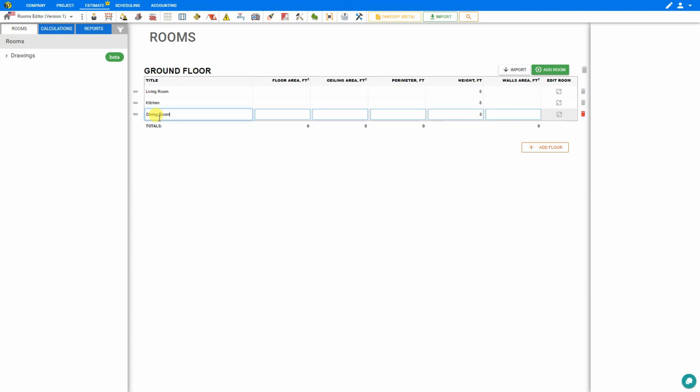and a dining room. And then for each room, we can input the floor and ceiling areas, perimeter, height, and wall area of each room. So for example, let's say the living room is 10 by 20 feet. In that case, we would input 200 square feet for the ceiling and floor areas, with a perimeter of 60 feet. By default, Price a Job assumes that all rooms will be a standard 8 feet, but we can adjust that if necessary. And you'll notice that Price a Job automatically calculates the wall area for you based on these